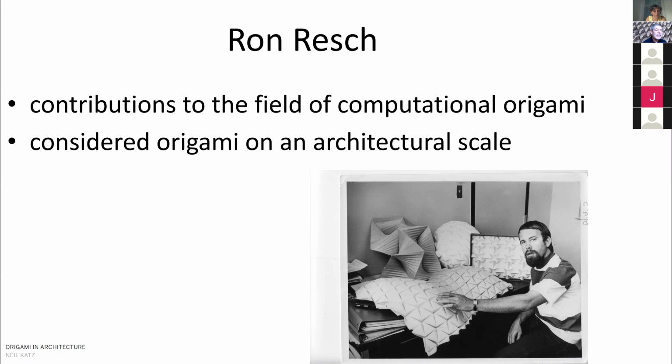And Ron Resch also considered origami at an architectural scale. So very large scale structures. You can see the one that he has in front of him on his desk is a very large structure. And we'll see a few of his slides. He has a film called a paper and stick thing film that he actually presented as his thesis at the University of Utah